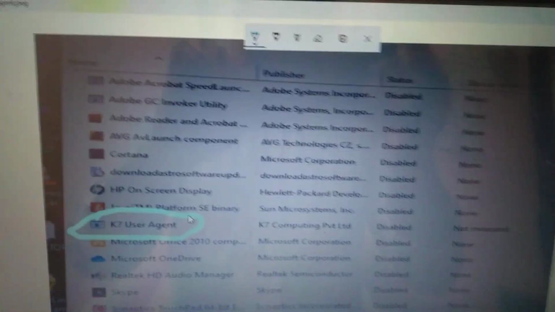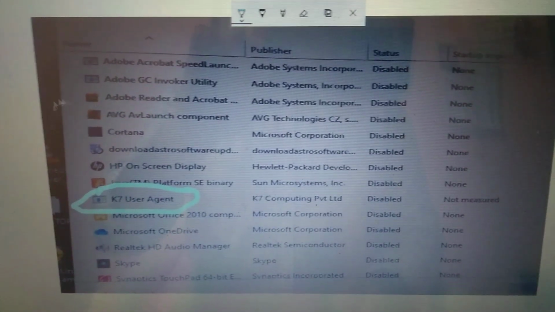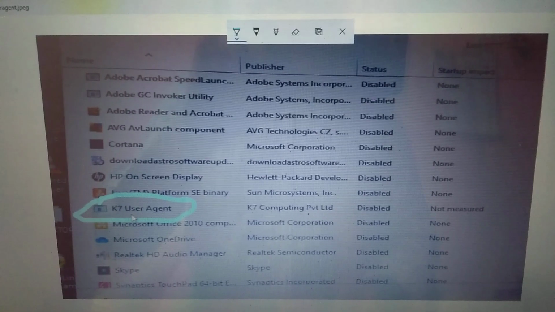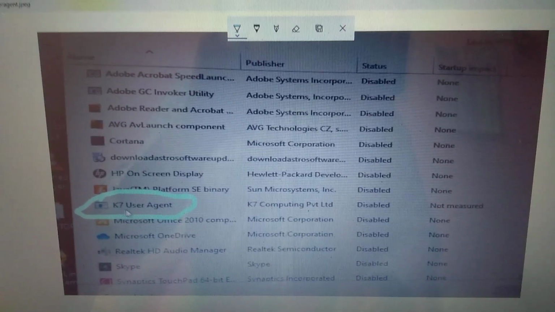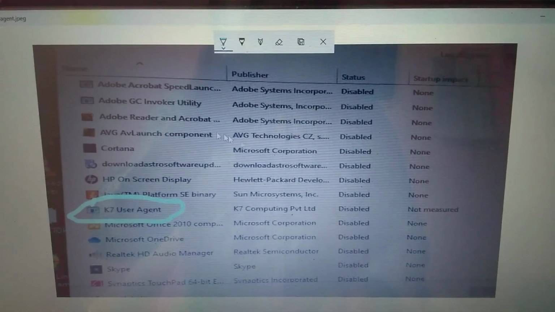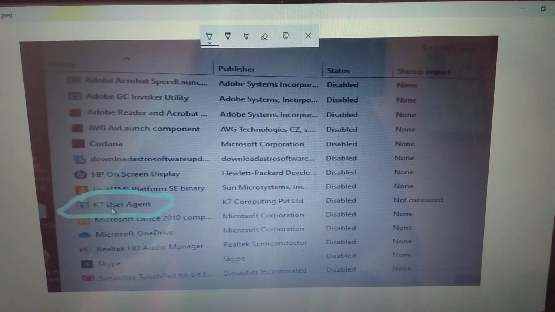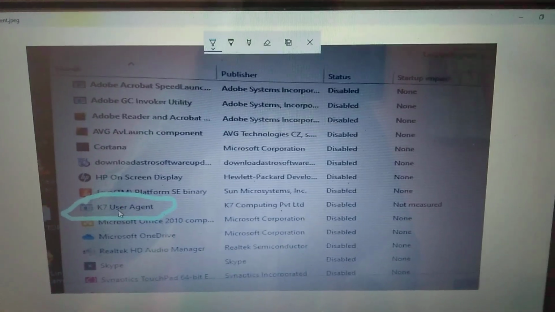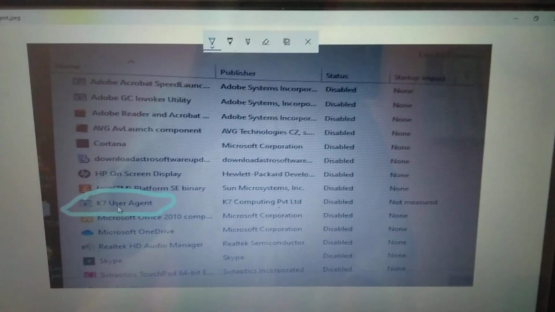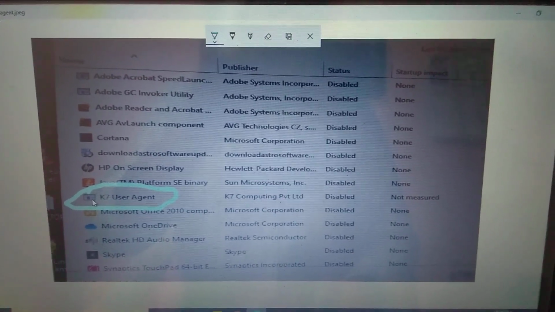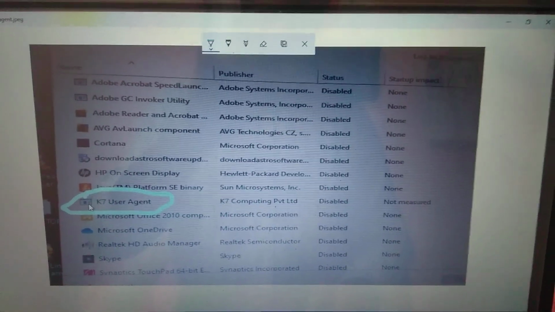If you observe this screenshot, this is what is present in my startup items. The extra thing added is K7 user agent. After seeing this, I noticed that due to this my screen was behaving very weird. So I uninstalled the K7 antivirus from my laptop, and then it worked perfectly fine.